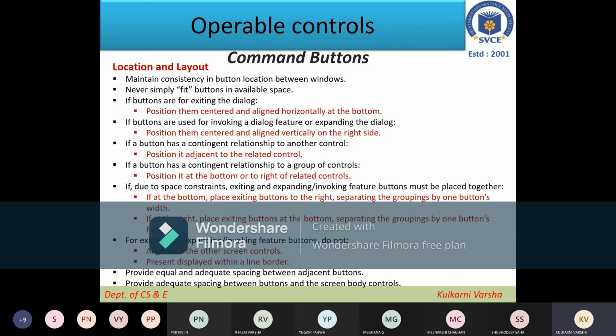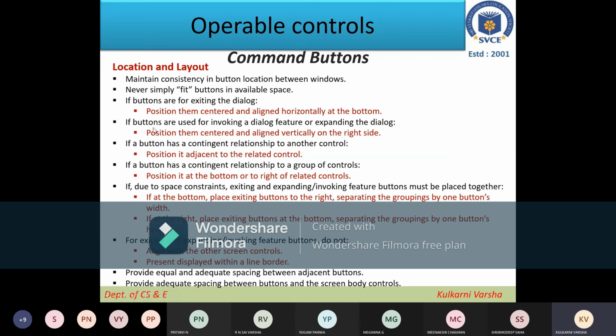They should not be frequently accessible kinds of buttons. If the buttons are used for invoking a dialog feature or for expanding the dialog, position them centered and aligned vertically on the right side. So all these different things they have given, you can just go through this.